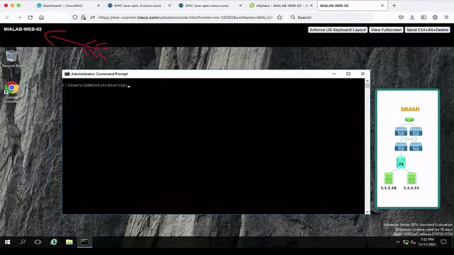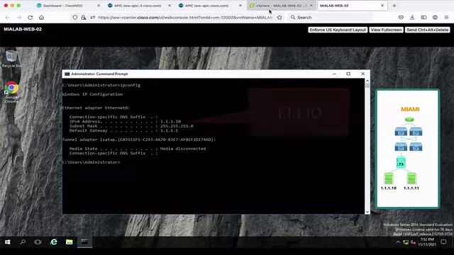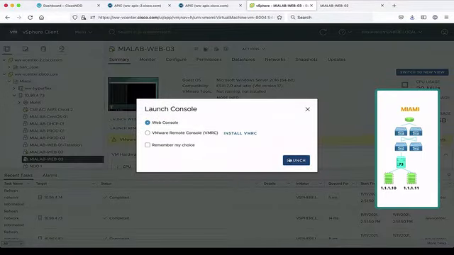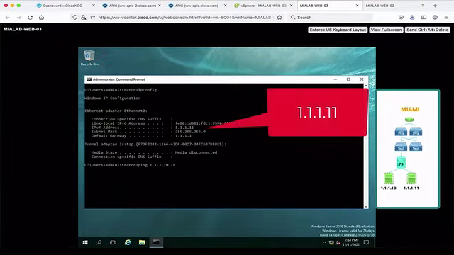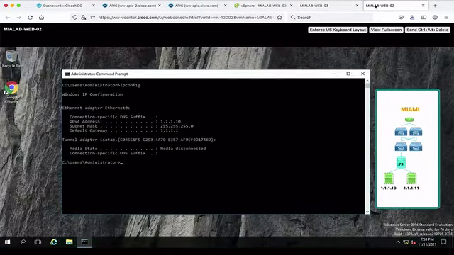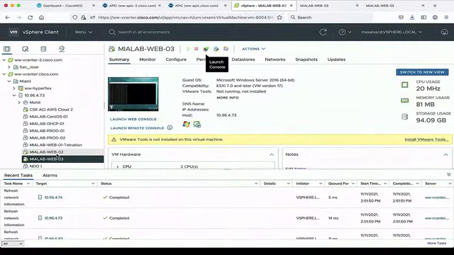And the idea is, this is the same that actually we do with regular ACI. So we have 110 for Web 02, and Web 03 will be, let me show you that, Web 03 will be 111. Right? So I can ping from one to the other, and this is not fair because they are in the same host, but now is where things should be working as expected, and we'll be moving Web 02